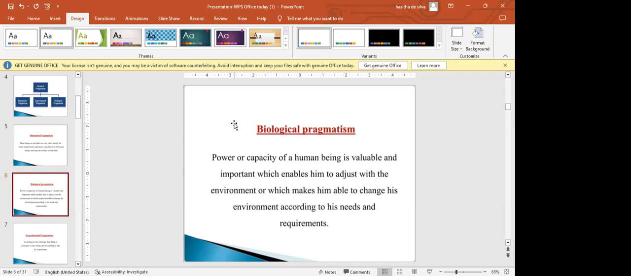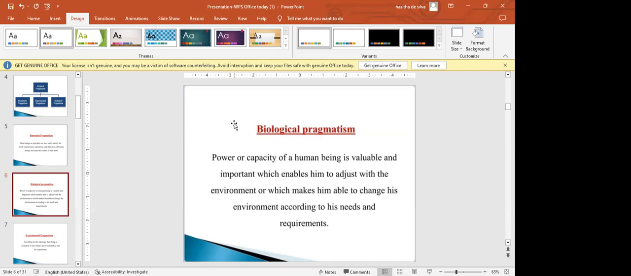Biological pragmatism recognizes the importance of biology in shaping human behavior, cognition, and experience. It acknowledges that biological factors such as genetics and evolutionary processes play a significant role in influencing human characteristics and actions. This perspective emphasizes that comprehensive understanding of human behavior and thought should consider biological factors alongside social, cultural,